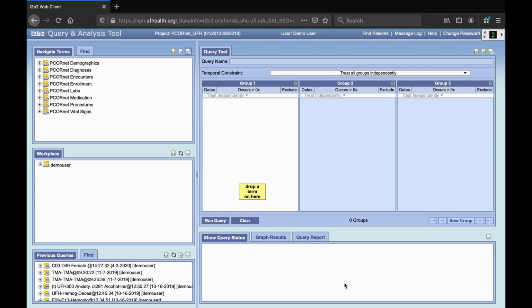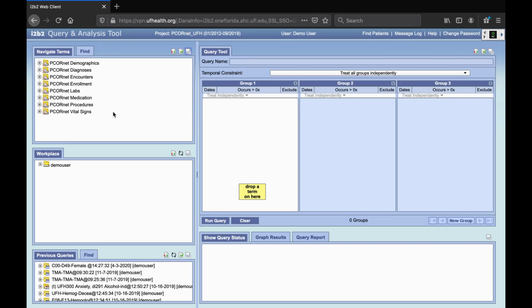Within the OneFlorida i2b2 instance, you can search via many different data elements from demographics to labs to medications and diagnosis. Every 3 months, new data elements are added on which you can query. In this video, we explore many of the data types that are available for querying with a focus on those